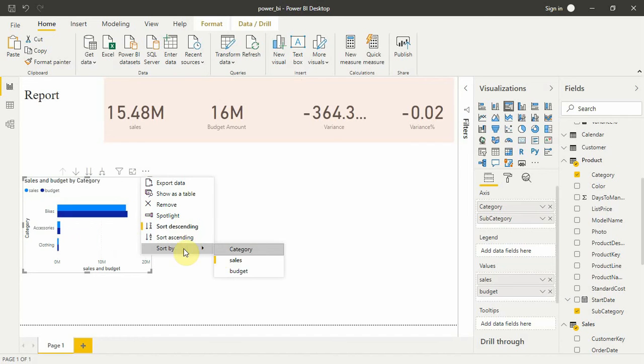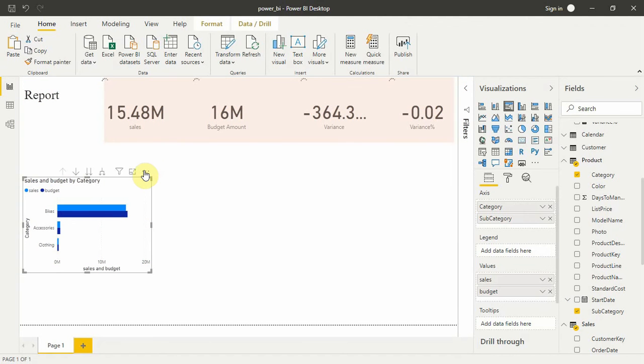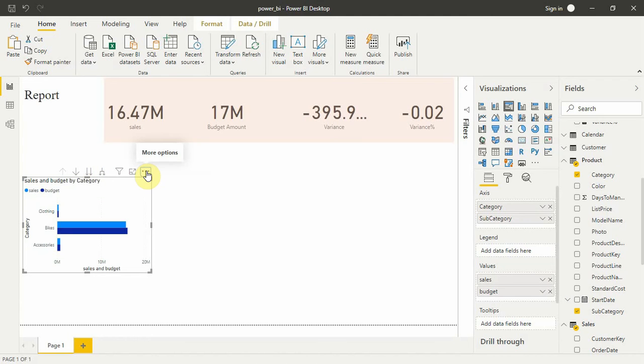Let's change the sort order also. We can change the sort order by clicking on this and sort by category here, and let's sort ascending. Cool.